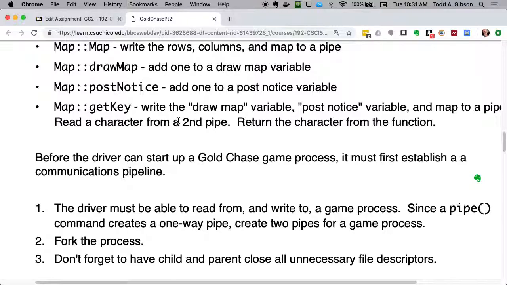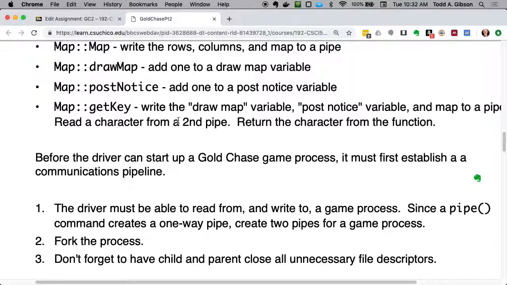you just do cout statements to report on the results. Player character was here, successfully moved here, picked up gold, increased, right? You just do the affirmation statements. Or you can let the user interpret and say with the first get key, you can say post notice is 0 and draw map is 1, and then the second time through it can say post notice is 1 and draw map is 2 or something like that, and let the user just look at it and confirm that those